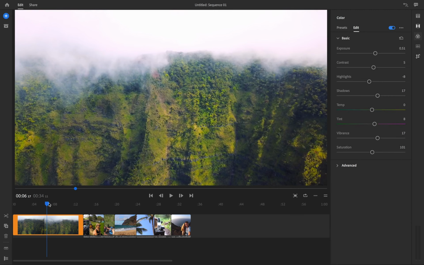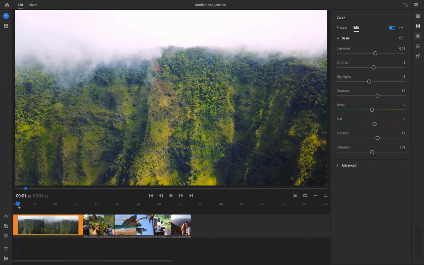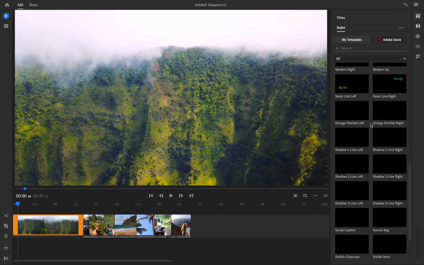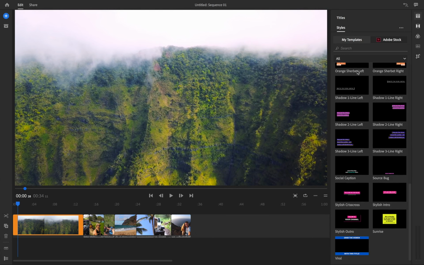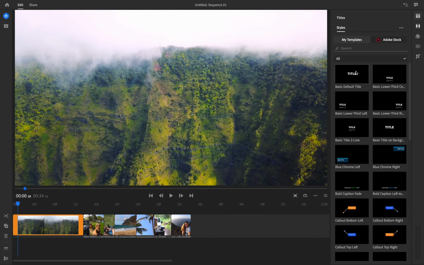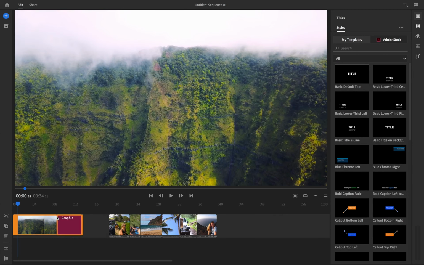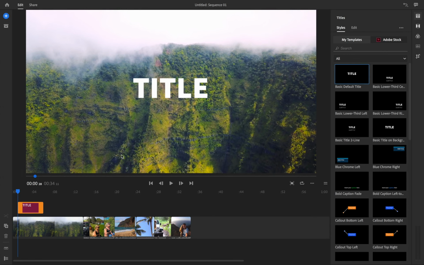Another cool feature, especially for vlogs, is that you can put a title right on this. So if you just go over here to the sidebar and select titles, then they have these basic titles on here that you can add, which are pretty cool. And so I'm just going to use the basic default title. So all you have to do is take that, hold it and drag it down just above the video clip,